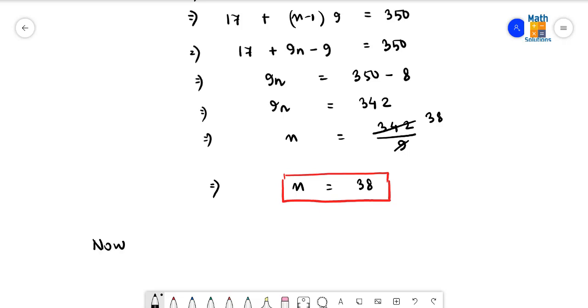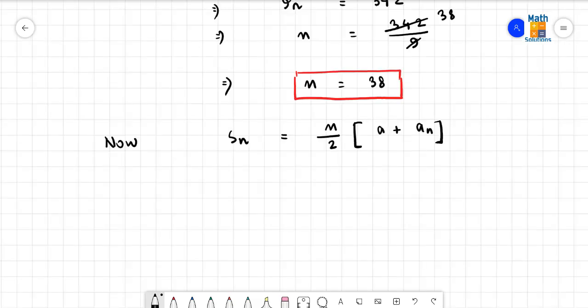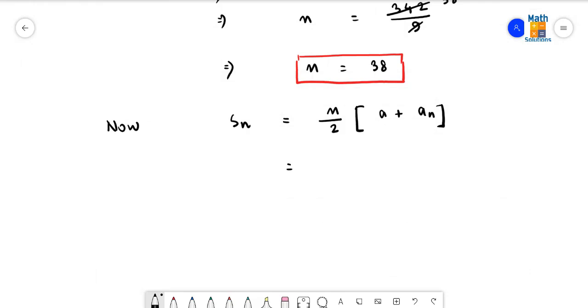Now the sum we need to find out. For Sn, which formula can we use? n by 2 and then a plus an, because in this case both the terms a and an are known to us. Therefore here we can put, in place of n the result could be 38 divided by 2,